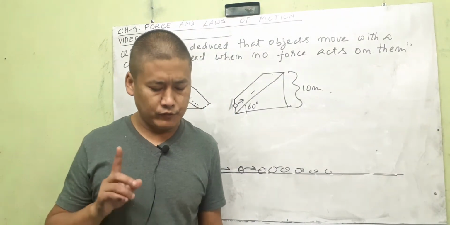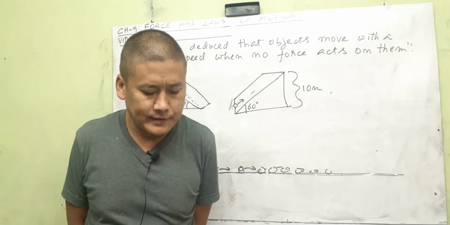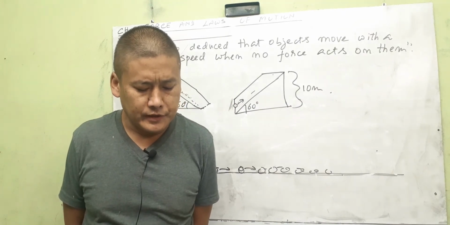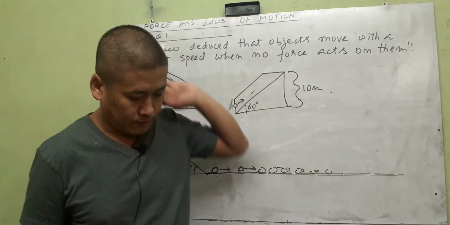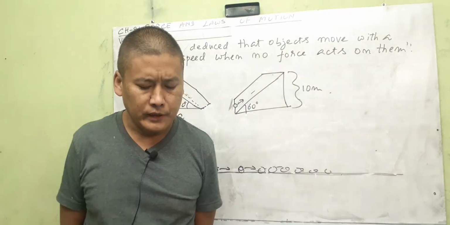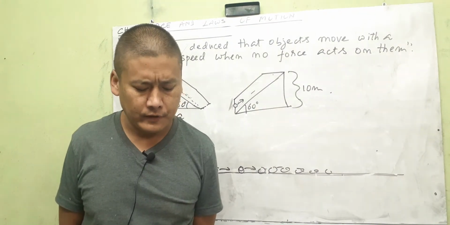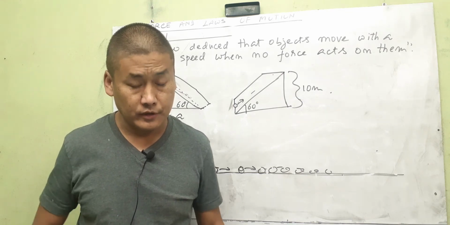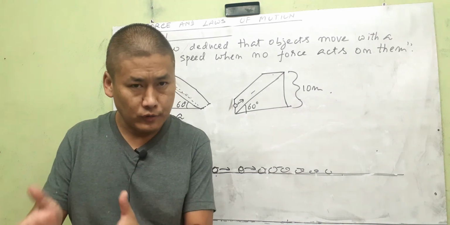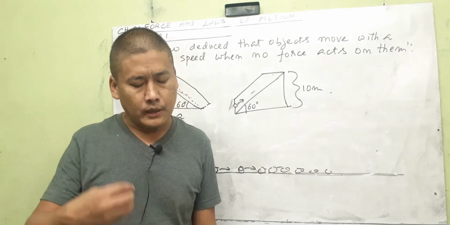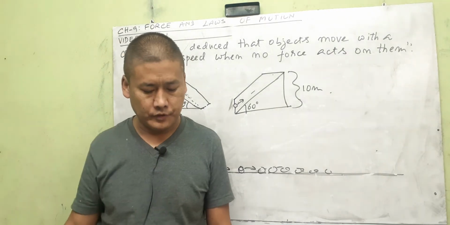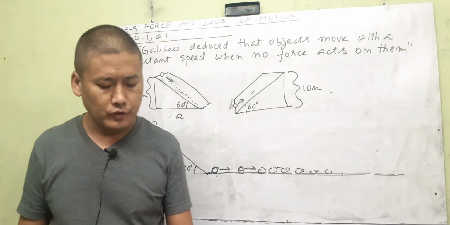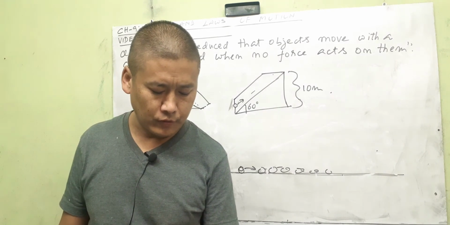Question number 5, page 109. Newton's first law of motion says that an object remains in a state of rest, like the duster here, forever, or it will be in uniform motion in a straight line forever, unless compelled to change the state, meaning to change the state of rest to motion or motion to rest, by an applied force, meaning outside force. Okay. Now, why is Newton's law of motion also called law of inertia?